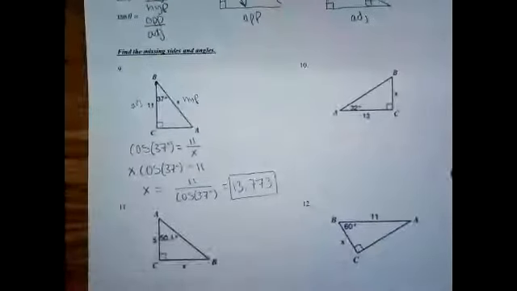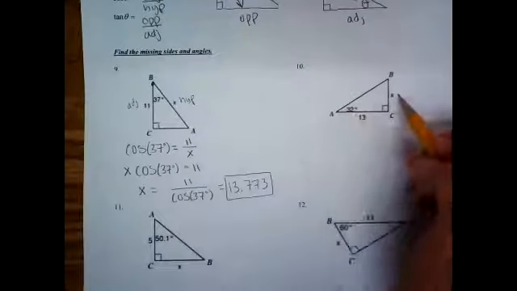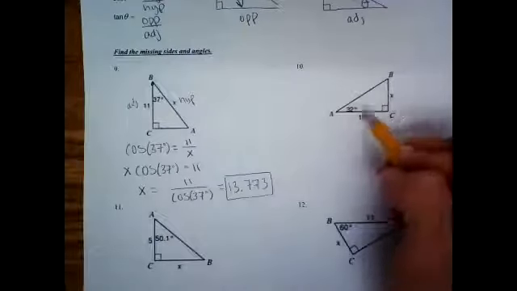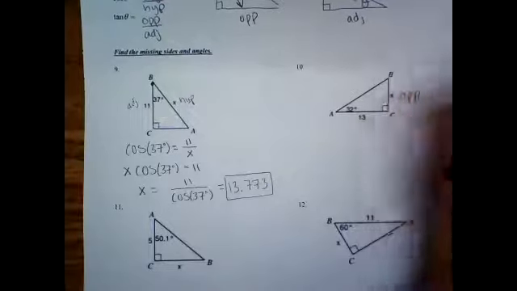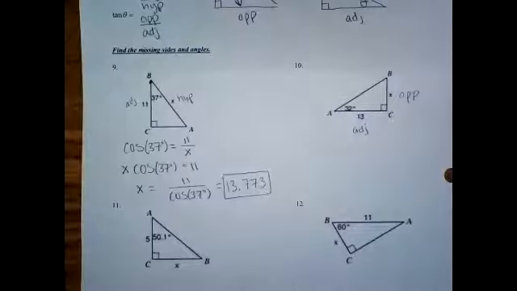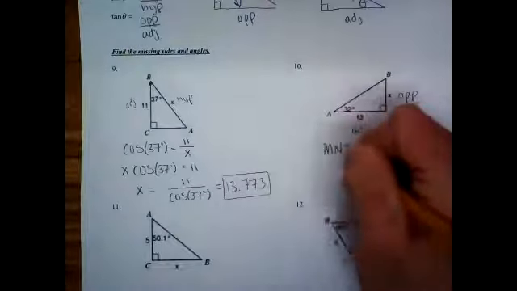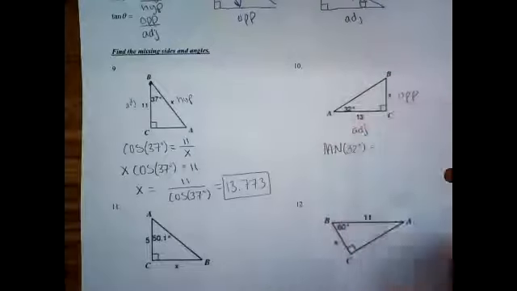Try it again. You have to pretend you're standing here. This is your point of view. That means, oh, bless you, X is the what? Opposite, good. 13 is adjacent. Do we want sine, cosine, or tangent? Tangent. Tangent of 32 degrees equals